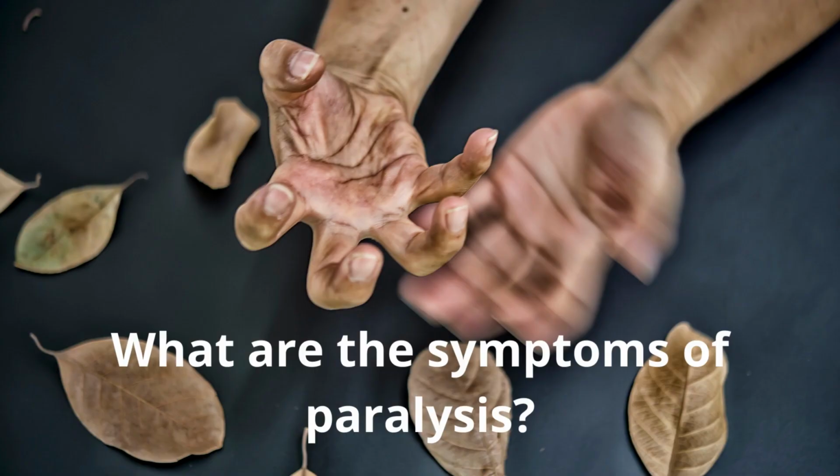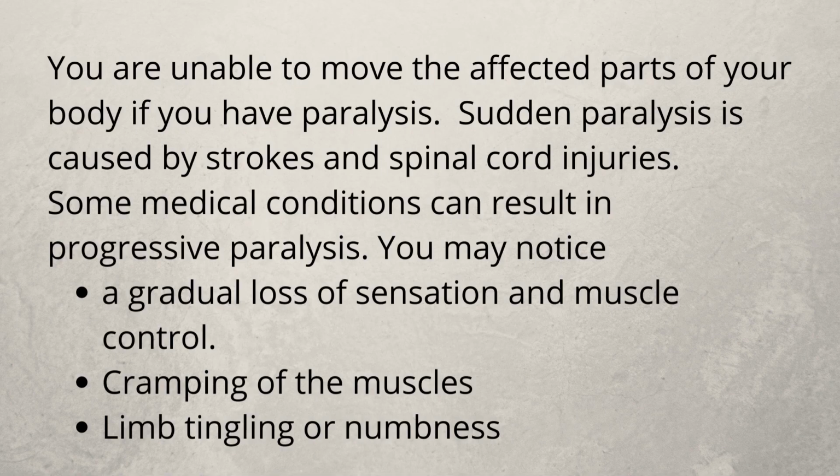What are the symptoms of paralysis? You are unable to move the affected parts of your body if you have paralysis. Sudden paralysis is caused by strokes and spinal cord injuries. Some medical conditions can result in progressive paralysis. You may notice a gradual loss of sensation and muscle control, cramping of the muscles, limb tingling or numbness,